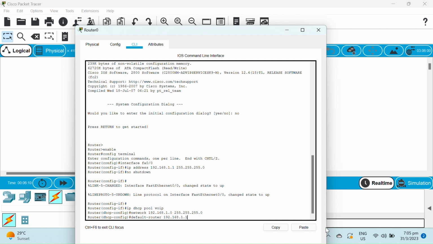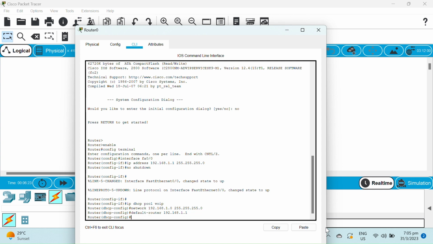Here we don't need to enter the subnet mask, because we have only configured the subnet mask with our network. We don't need to enter it here; it just shows our default router for our network. Okay. Then we need to enter this command, option 150